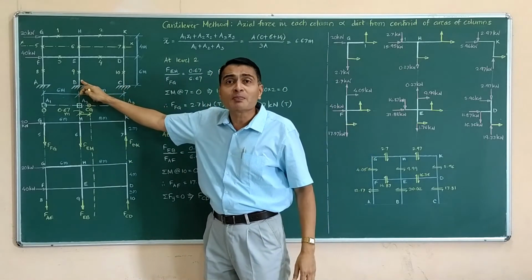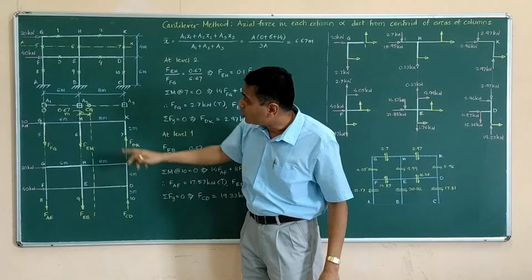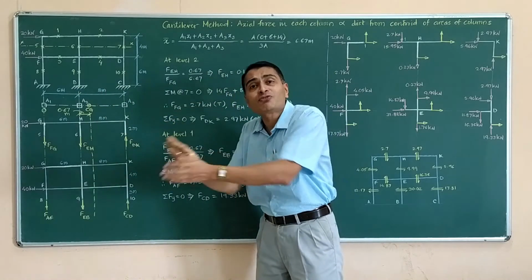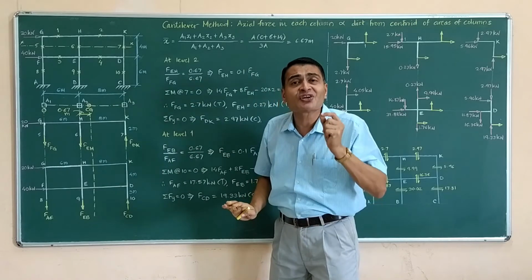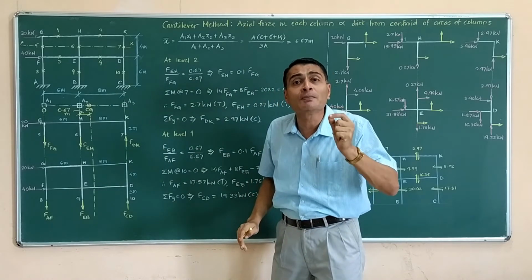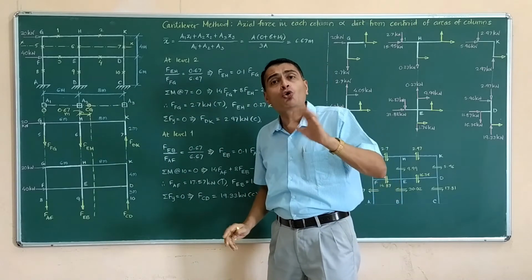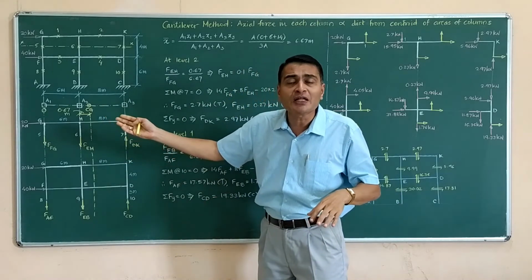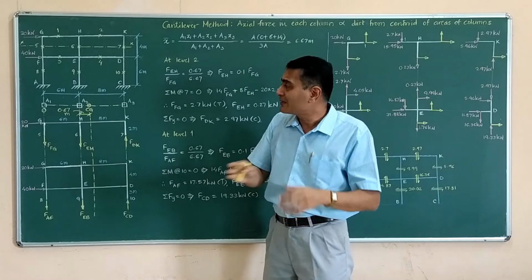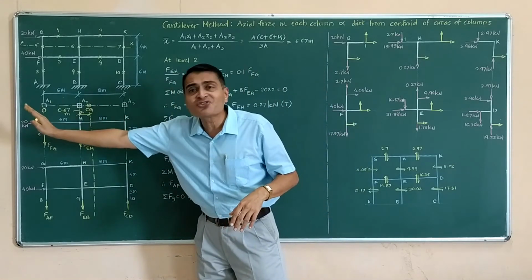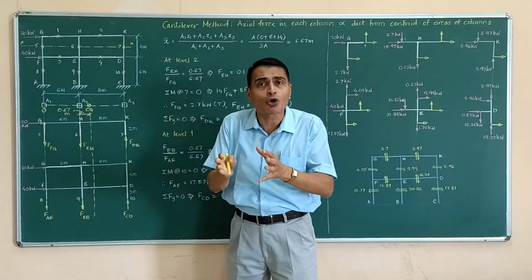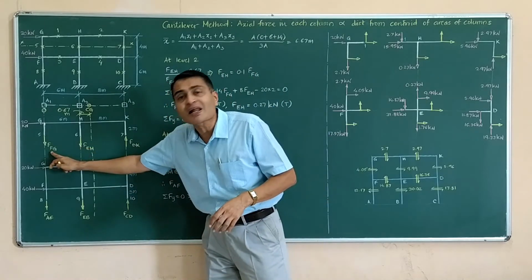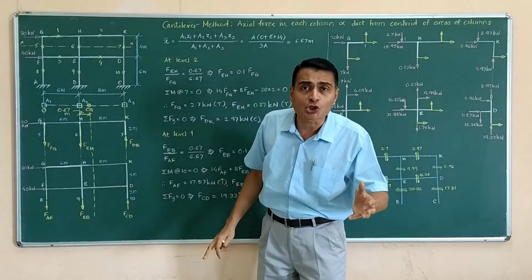What about this member? For that, the logic that we are using is, since the member is on the left of centroid, this is a rough guess, a thumb rule. If we go wrong, very naturally we are going to alter the sign, but the thumb rule says that the members which are on one side of the centroid of the group of columns will carry similar force, that is, both of these we are assuming to be carrying tension.